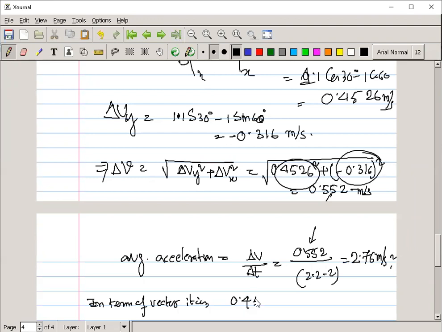So 0.4526 i minus 0.316 of j divided by 0.2, which shows us